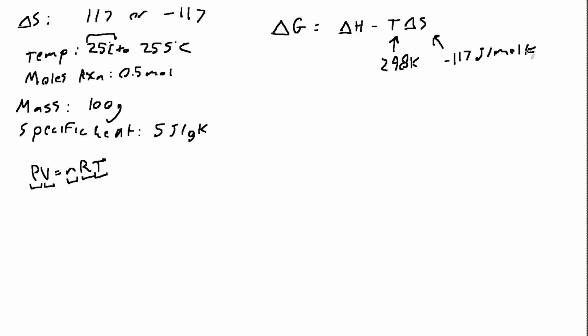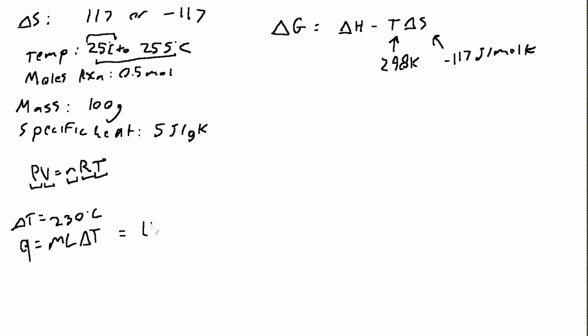Okay, delta H is a bit harder. We need to find a number here. But we're given all this information about mass and specific heat, and we're told that it heats up by this much. So how much is that? It's 230 degrees. You can do the math yourself, but it's 230 degrees Celsius it heats up. So that's our delta T. And what equation do we want to use here? Well, we want to use Q equals mc delta T,